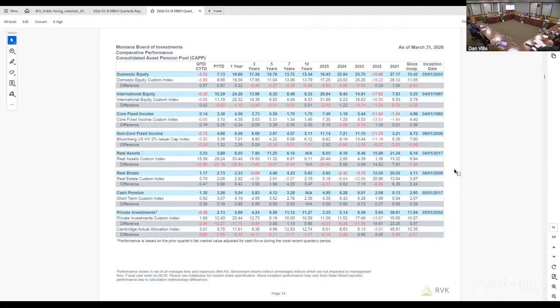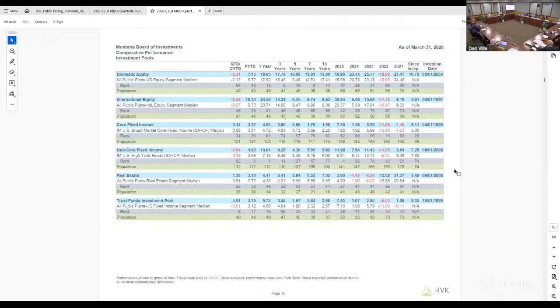And the next page I was going to go to is page 15, which is evaluating how each of your asset class pools have compared relative to peers. So this is taking the domestic equities of public funds and showing how you compare and rank and the universe size. You can evaluate here the fiscal year to date and quarter for domestic equity, near term performance for the fiscal year to date. And quarter is about median.